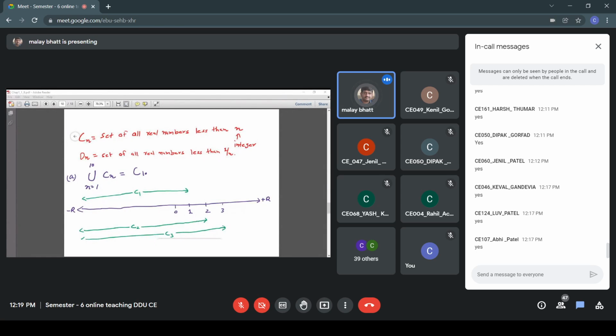If you have any query, you can ask me right now, because later on you hardly make an attempt to understand these things and you feel this slide is very complicated. If you have any query, you can ask in this example. Is it clear what we have discussed? Yes, our goal is to find the union of n equal to 1 to 10 Cn sets. It is a union of 10 different sets.